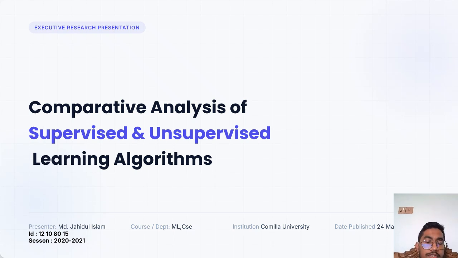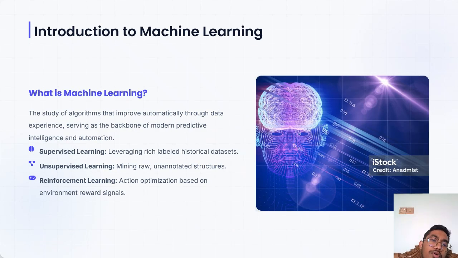In this presentation, I would like to present a comparative analysis of supervised and unsupervised learning algorithms. To understand the supervised and unsupervised learning models, we first want to know what machine learning is. Machine learning is the process where we train the machine and return the output from our expected data set. If we give it a data set where there are multiple data points like